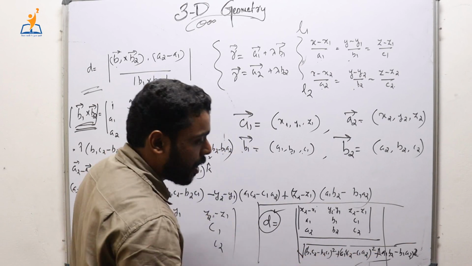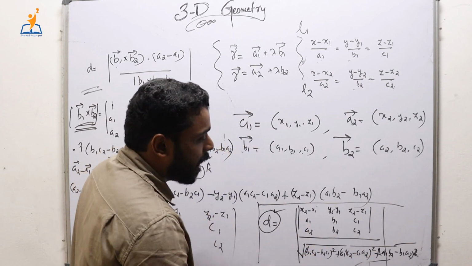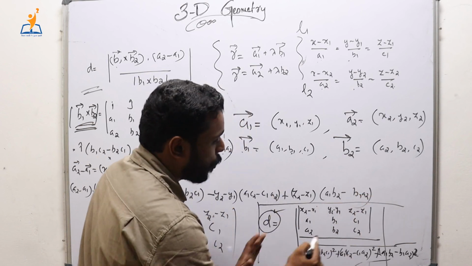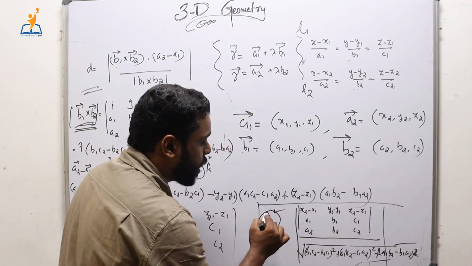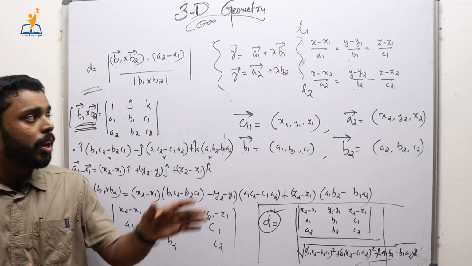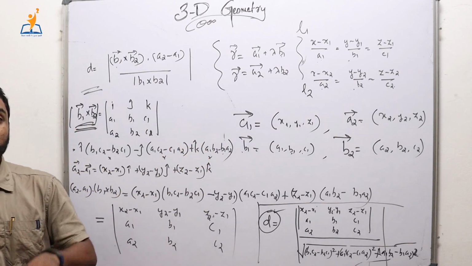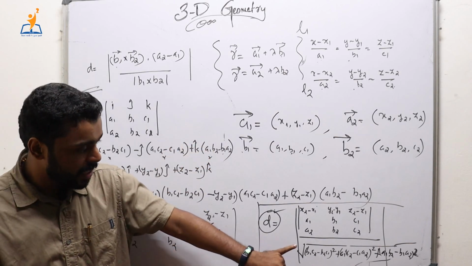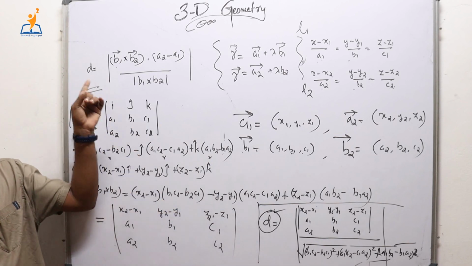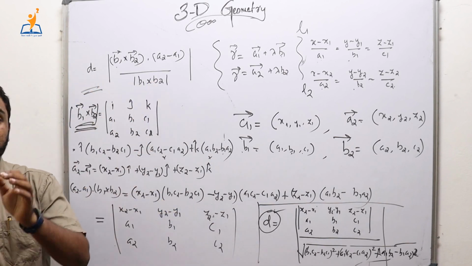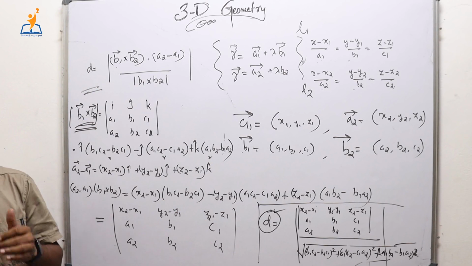Also the denominator will give you a number. This will be a fraction. If it is negative, just take the positive value. This is the absolute value to get the shortest distance. That's all. You can easily find the shortest distance using the Cartesian equation. This is the Cartesian equation, whereas this is the vector equation to find the shortest distance between two lines.